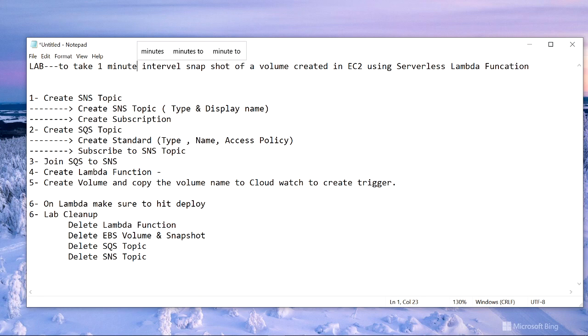The next step would be to create a Lambda function. Once we create the Lambda function, we will head over to EC2 and create a volume. Once we create a volume, we will make sure that we copy that volume name, go to Lambda, and ensure that the code is copied. The code I got off the internet. Once we have that code inside the Lambda function, we will create a trigger that will trigger the Lambda function to take snapshots of the volume